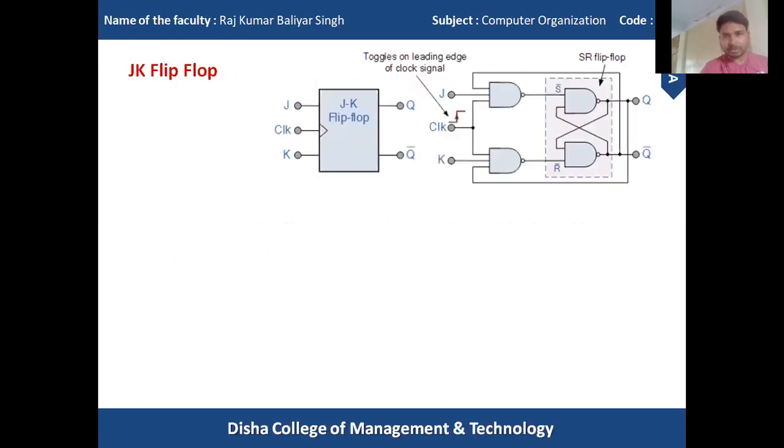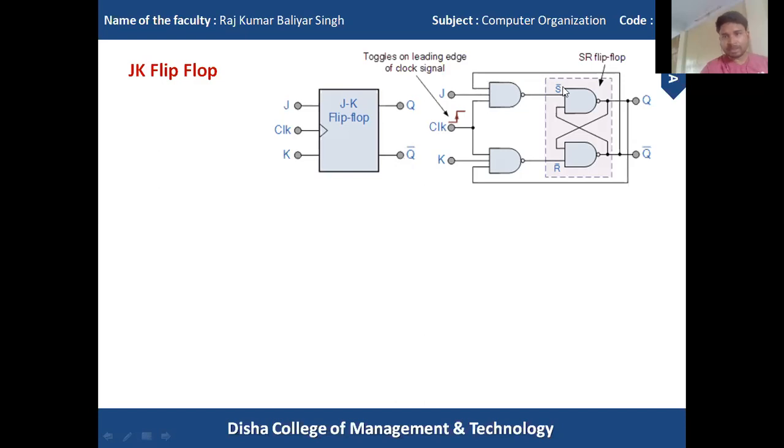So this is the circuit diagram and block diagram of JK flip-flop. This is the block diagram. From this block diagram we get the idea about the input lines: the K input, clock input, and J input. As you know, clock is very important for the working of flip-flops, because it is a sequential circuit. When the clock is high, or there is a positive clock, then only the flip-flop will work. The JK flip-flop also produces two output terminals, Q and Q naught, and both are complement to each other.